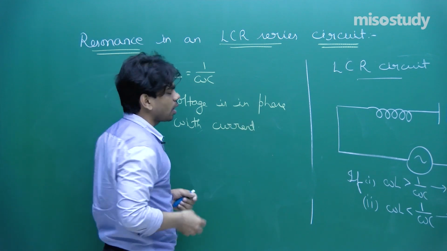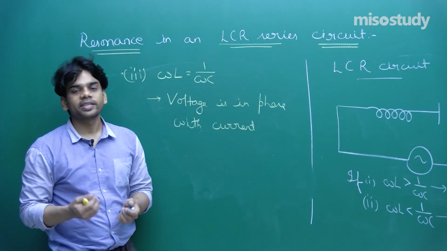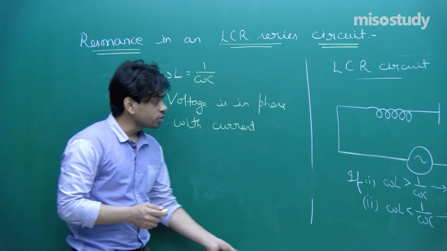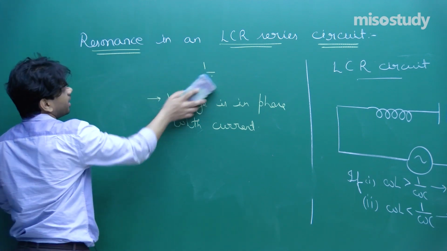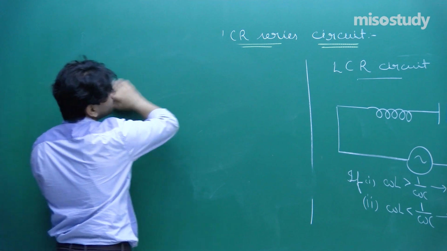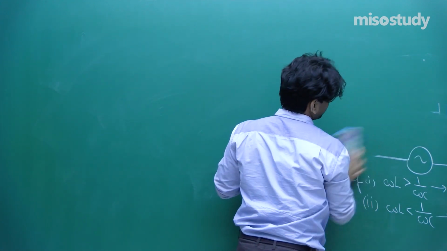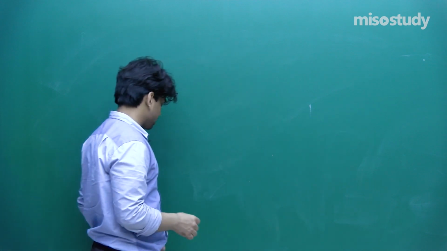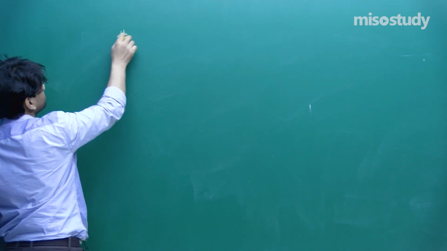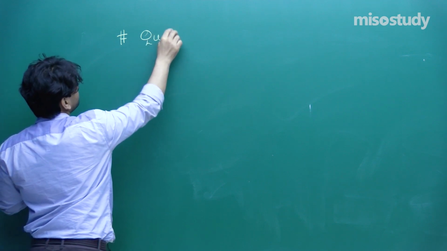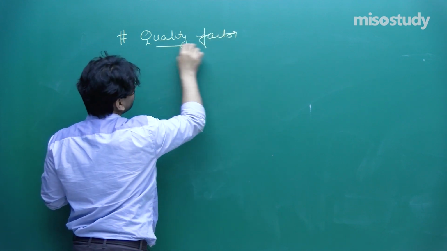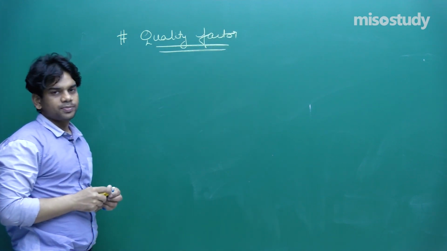Simple things about this AC circuit whenever there is a combined circuit of L, that is inductor, capacitor and the resistor. Let's proceed with the next part. Already we have done this. Resonance we are done with. Let's try to comment on the quality factor of the resonant circuit. Let's talk about the next thing, quality factor. Now sometimes you will be listening to this term in this chapter, that is quality factor.